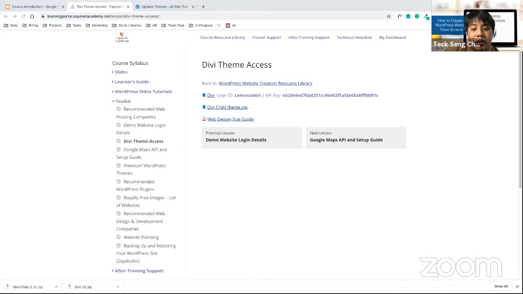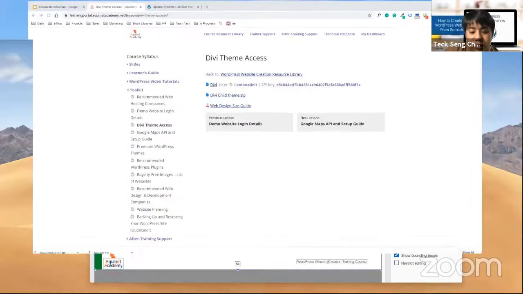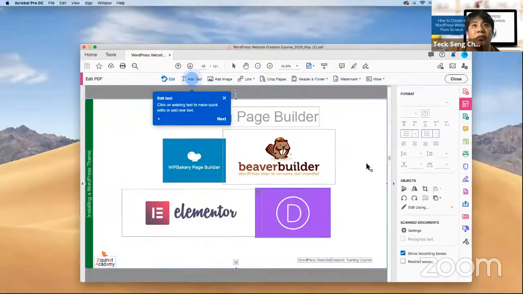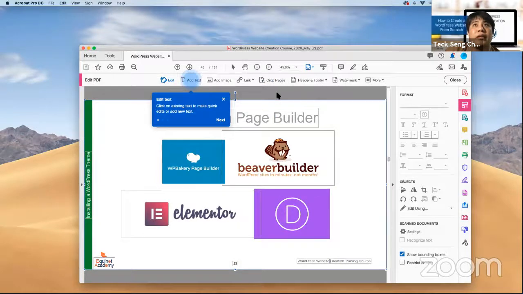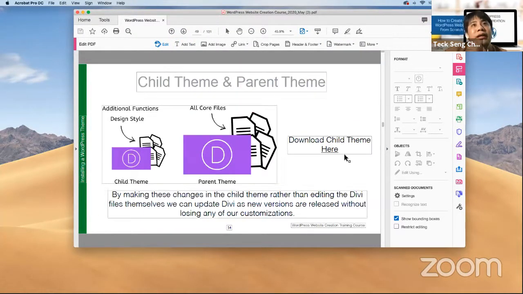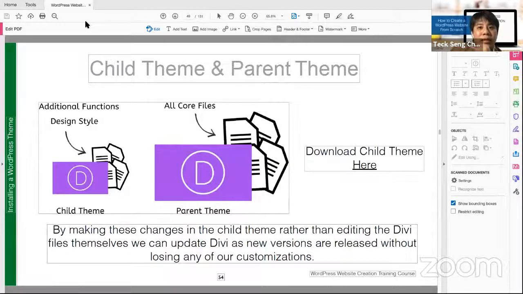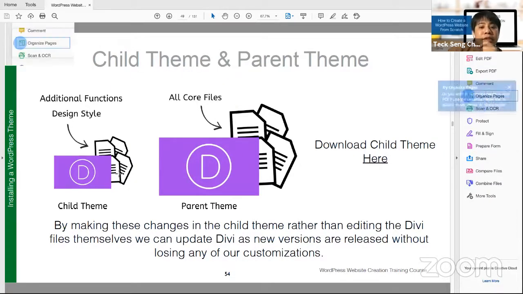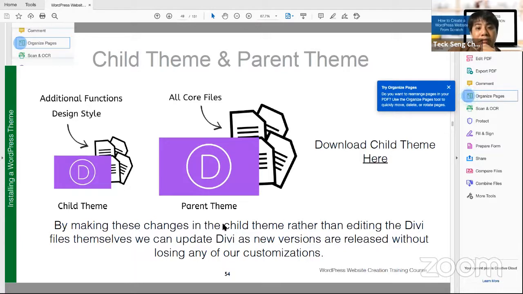Okay, now if you take a look at the theme, just a moment, let me draw the. Okay. So if you see your theme, you will be thinking, why are there two themes itself? What is a parent theme? One is a normal theme, DV theme, and the other one is a child theme itself. So why are there two themes? The reason why there are two themes is a web design practice, a WordPress practice.